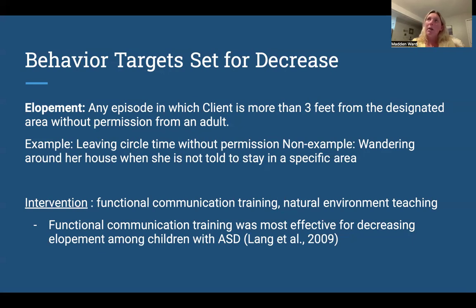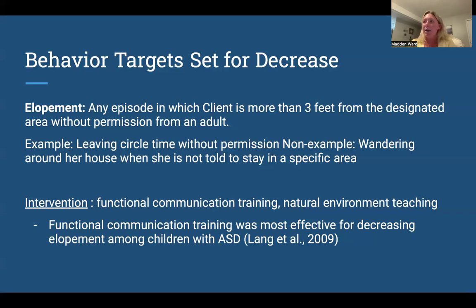Right in the beginning, she was able to be taken back to the circle. If she sat for 3 seconds, she was then prompted to mand to ask for a break. And then she was allowed up to 2 minutes of access to a preferred activity. And then we'd have to go back and stay in circle for 2 minutes, to teach her that her escape mands will maintain that same function of getting out of the large group activity.